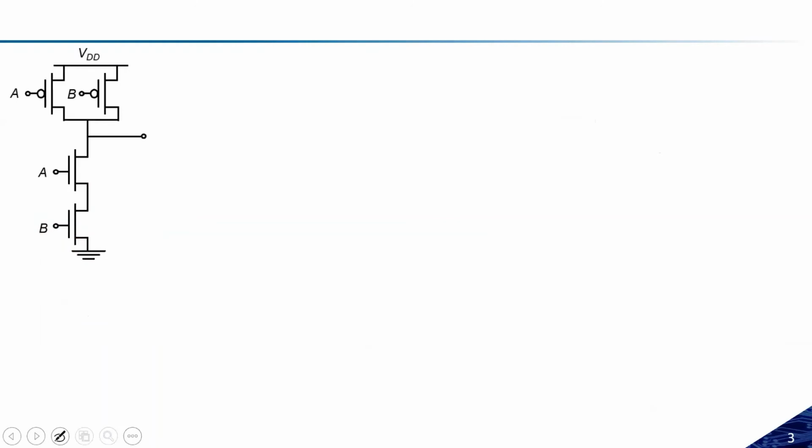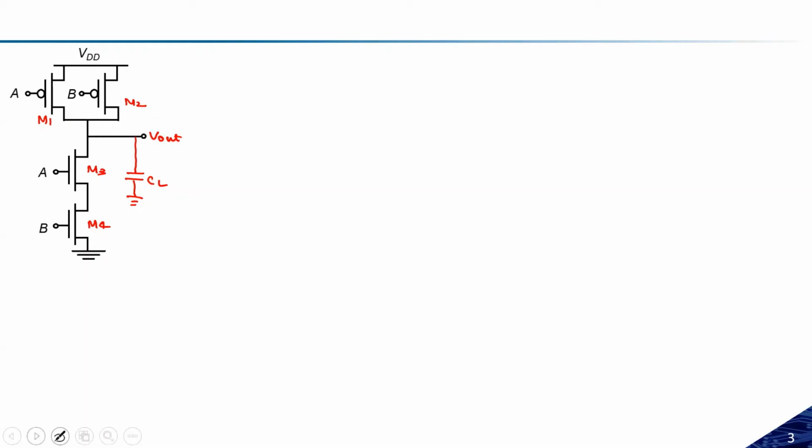So here, this circuit we have already drawn. Let us make this M1, this is M2, this is M3, this is M4. Let's assume I have some load capacitance CL over here, and I'm taking the output from here. This is the circuit we have already made before. Now let us try to check all the combinations.